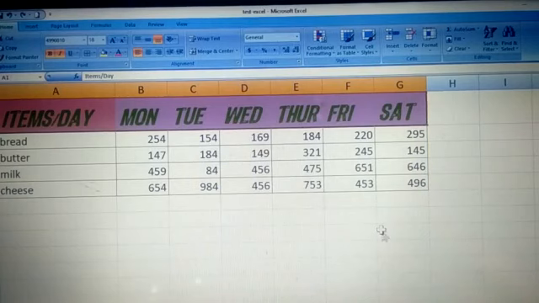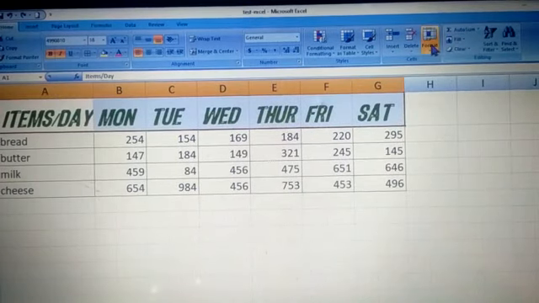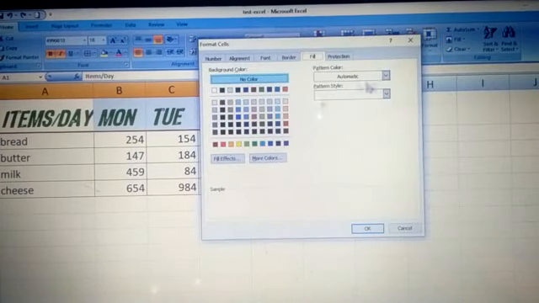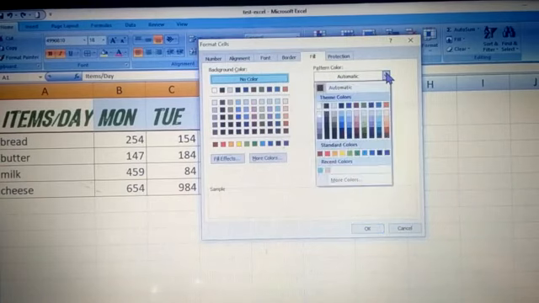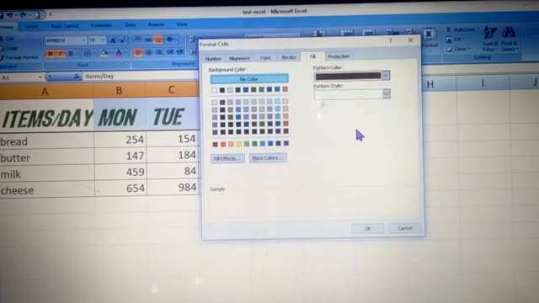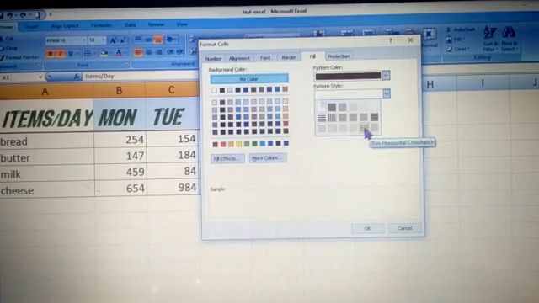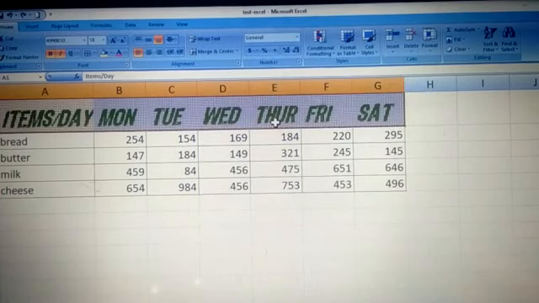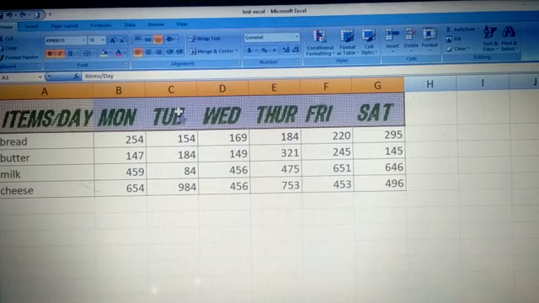Now there is one more option that you can do. You can choose the pattern. That was the solid color, but here is an option to choose pattern. If you want your background to have a pattern, you can choose from here. For that, children, you can choose any color from here, like this color, and with that you can choose any pattern you want from here. So this is the pattern and I say okay. You can see the background has been filled with the color and the pattern, right?